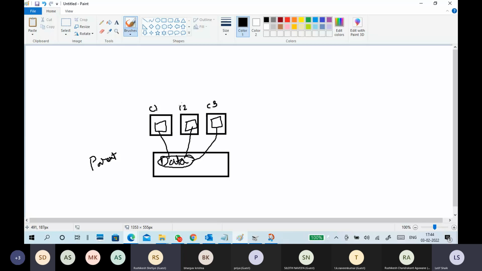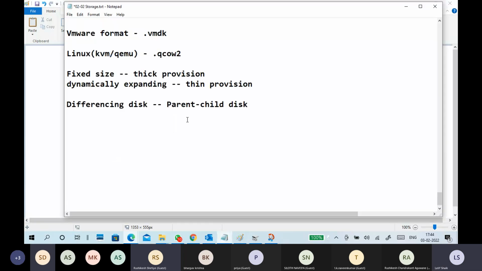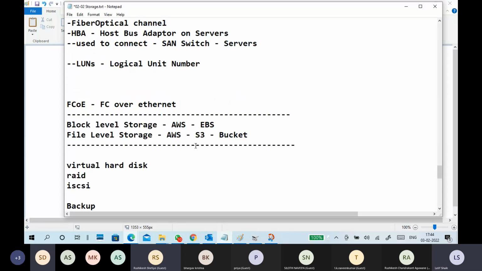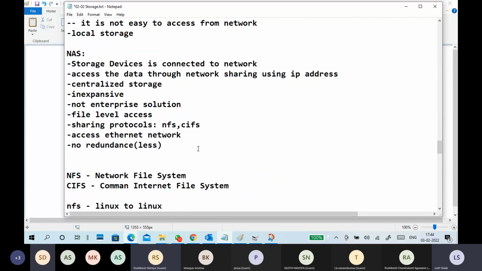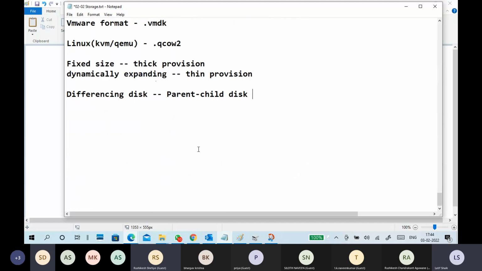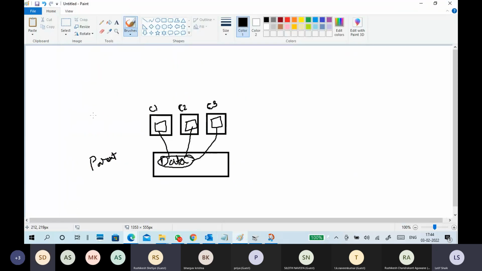Guys, I want to tell so many things, and just for importance, you should not forget. I said storage because storage concepts won't be repeated again, that's why I told again. I took a very small topic, the virtual hard disk, first, and it took a lot of time. I will never take that much time for child disks. Only thing, guys, understand this point or not?